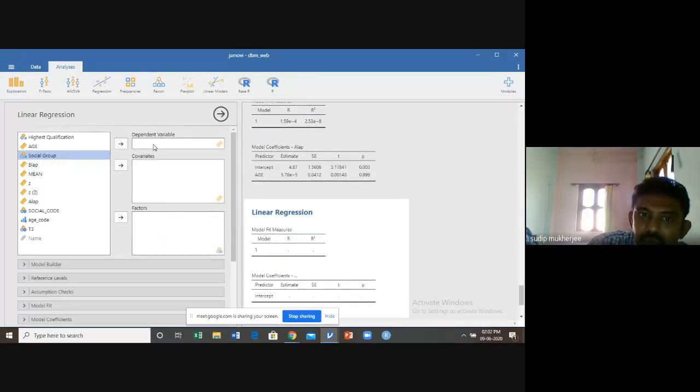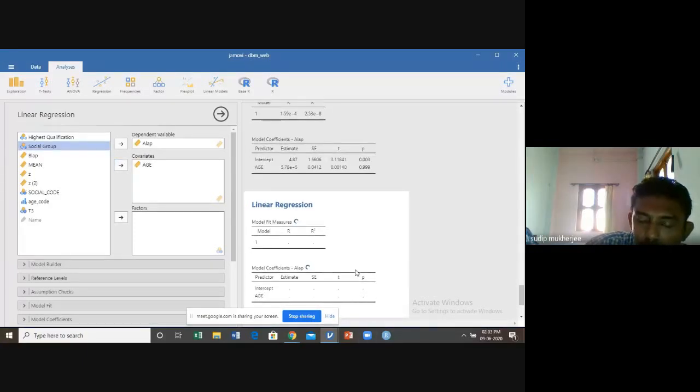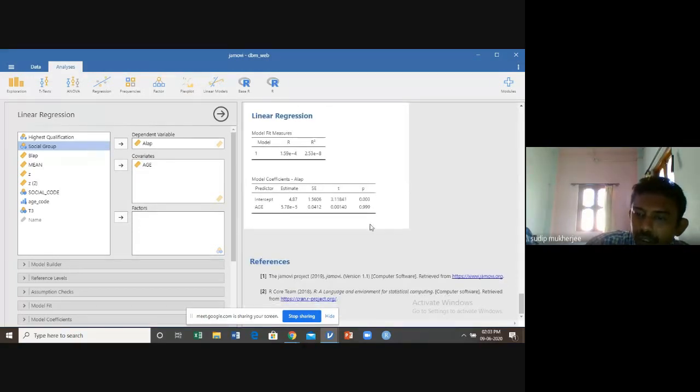Here are three options: dependent, covariate, factors. Dependent means the form is y equals alpha plus beta x in the two variable case. So in the dependent box, we put our dependent variable. What is our independent variable? Age is our independent variable. And this is the result. This result shows, just like the rule of thumb, the p-value is greater than 0.05.